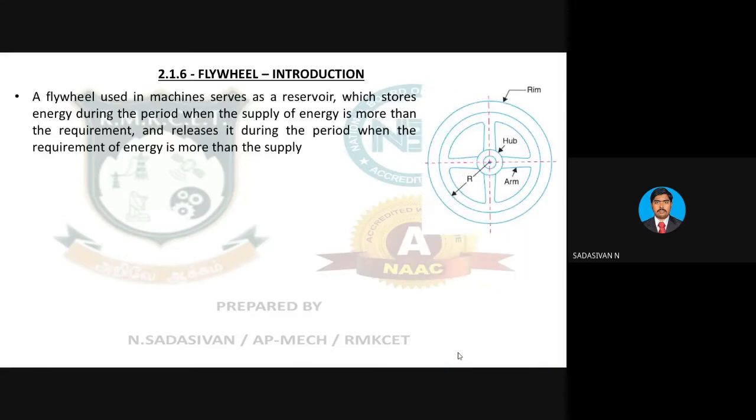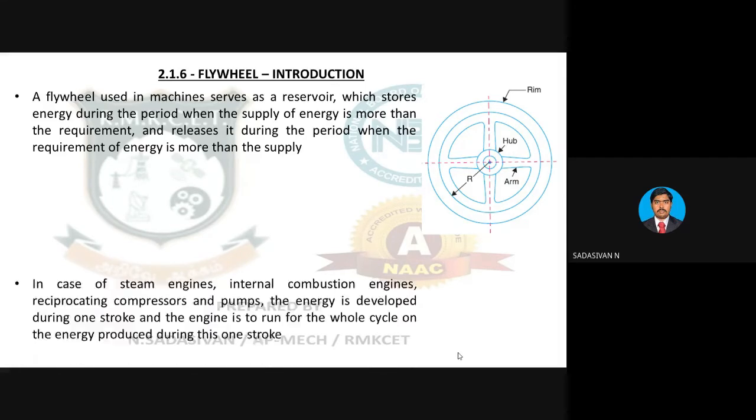I'm going to give you a small introduction about the flywheel. Now, how do you overcome this fluctuation? You put a very big wheel on the crankshaft outside the engine. This wheel is used as a reservoir to store energy. When you get a large amount of energy, the excess energy above the mean torque line is used to rotate this wheel, so that when you have a lack of energy, when the torque goes below the mean in the strokes other than the power stroke, this flywheel will supply the energy with its momentum. Okay, that is the basic idea.